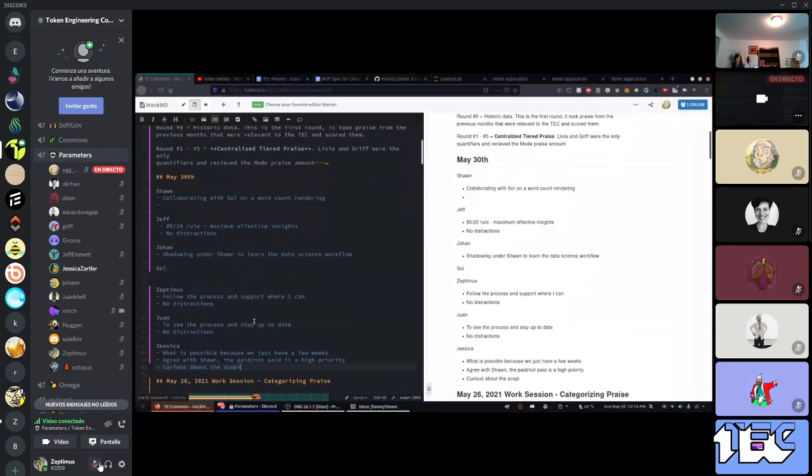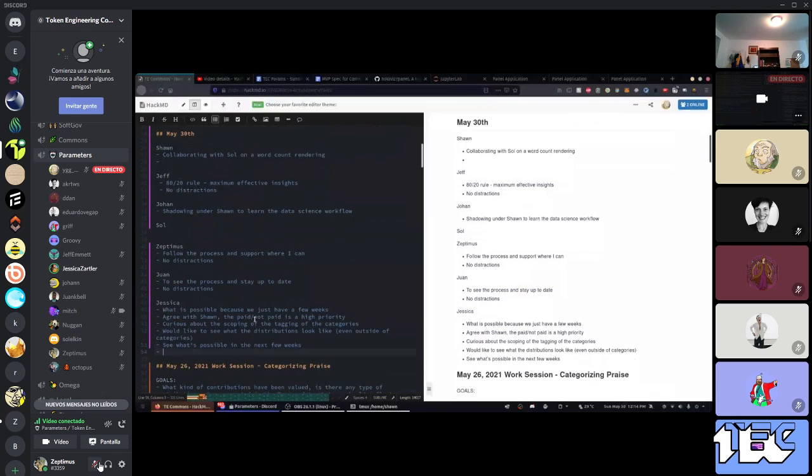If there's any possibility to look a little bit more at the distribution, because that's one of the main things, even outside of categories, like looking at the spread of distribution. And then just trying to see what's possible in the next few weeks, looking at our HackMD list. We had started working on the categories, so I'm curious what we can do with that, and wish I could help more with the data side.